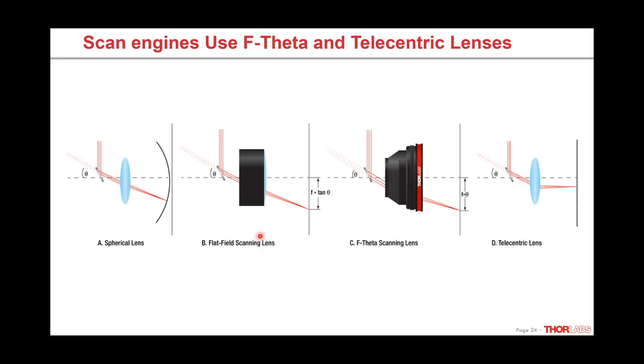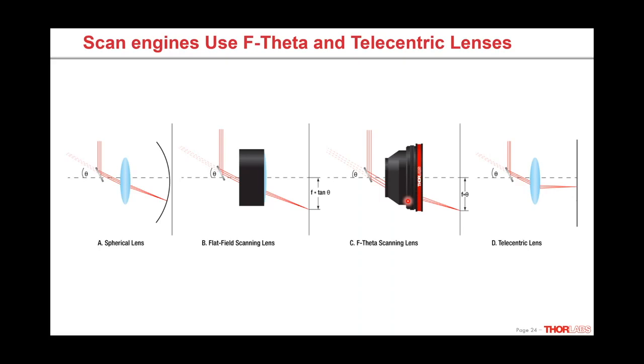Instead, one can use a flat field scanning lens, which is a compound lens that corrects for this field curvature and allows you to image in a flat line perpendicular to your scan engine axis. However, here, the focal point is a product of the focal length of the scan lens times the tangent of the angle of the scanner. This is problematic for a number of reasons, because it is a nonlinear relationship. If the scanner, for instance, is moving at a constant speed, the focal point will accelerate as you move off axis. This causes a number of problems in laser scanning, and so